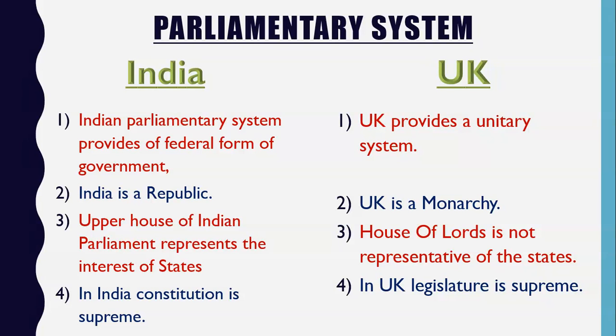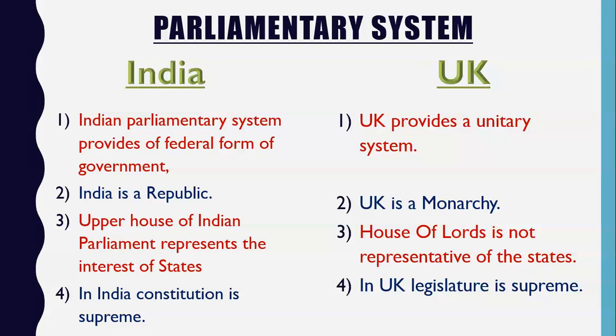So the same system applies in the unitary form of government: in any unitary system, there is only one government, and that too at central level, meaning there is only central government. And even if there are state governments in some unitary countries, these state governments are just the administrative arms of the center, just like the districts of India. So they do not have any real power. They do not have any discretionary powers. They have to work according to the directions of center. For example, district collectors work according to the direction of chief minister.